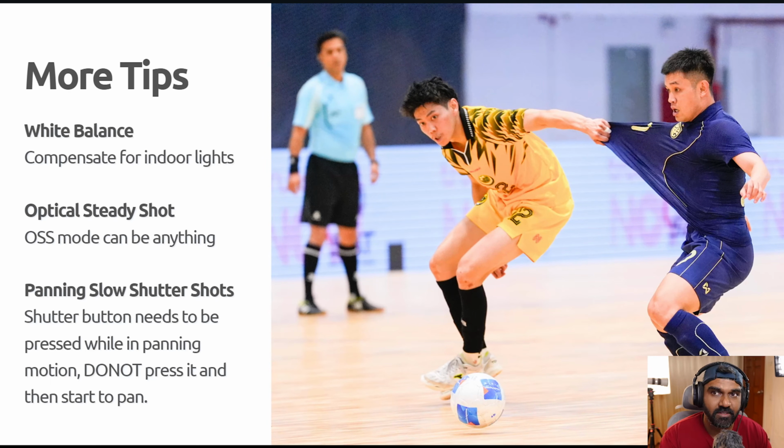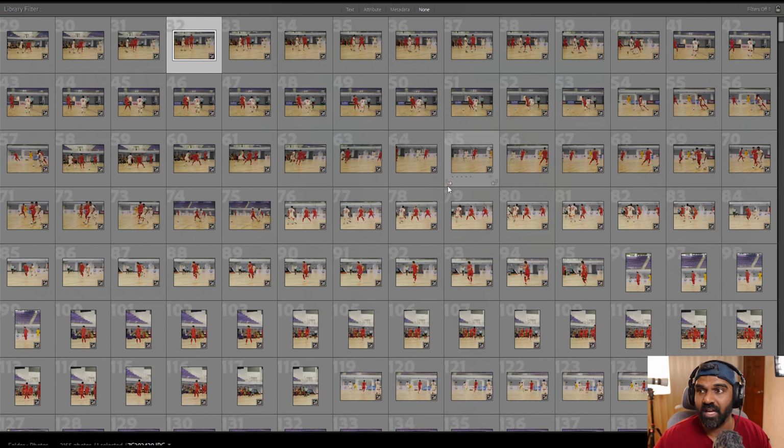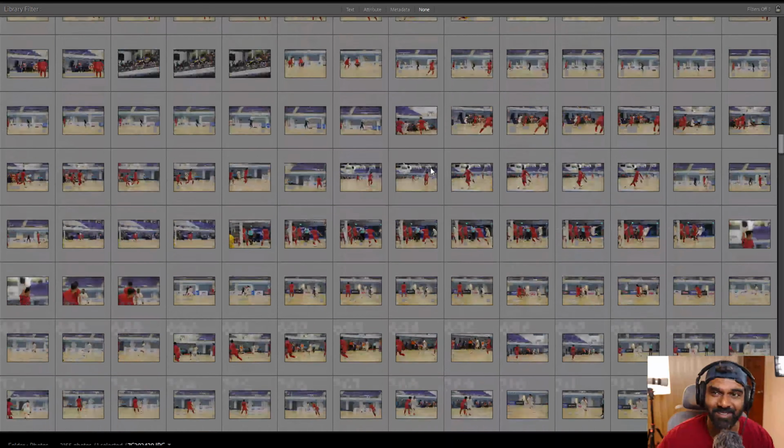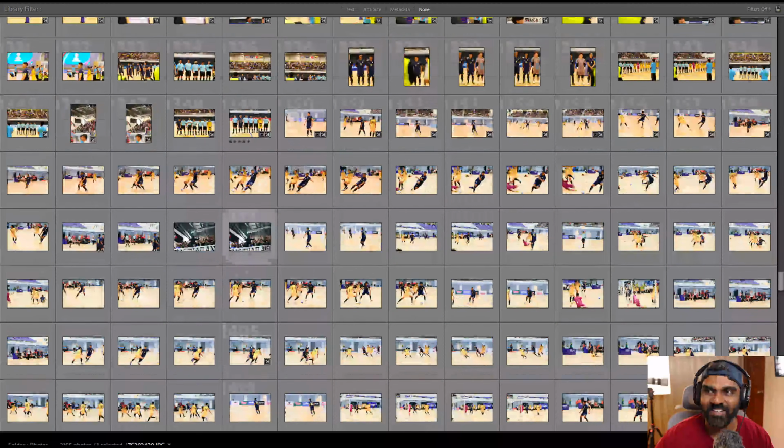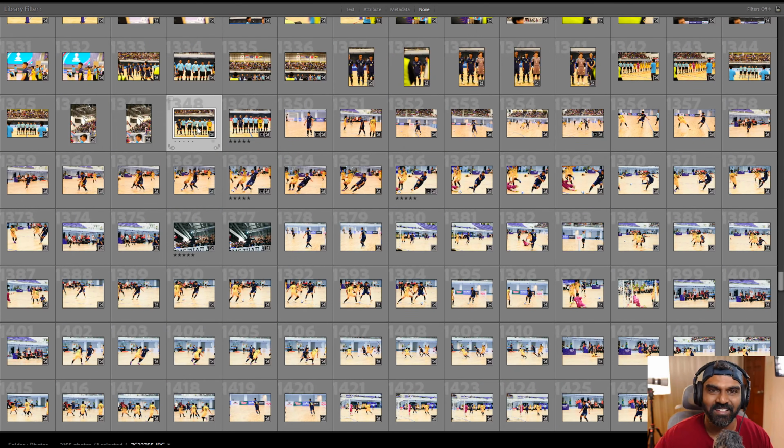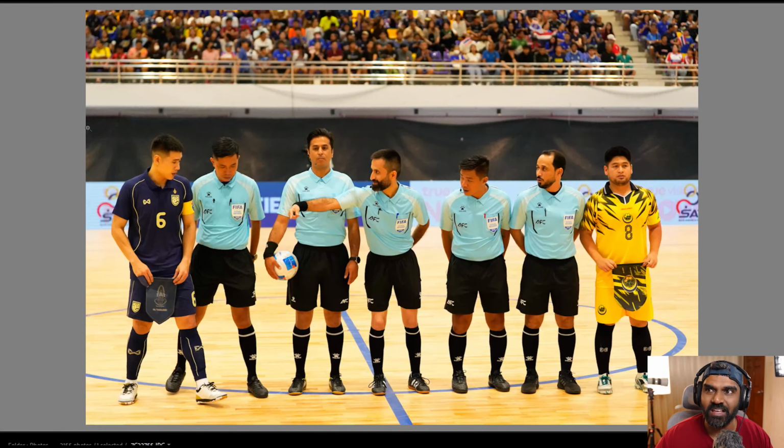So white balance. This white balance is okay-ish. It's not the most desirable white balance, I would say. But I failed to have a proper white balance in the beginning of the game. It would be horrible for me to show you. But anyway, I'm talking about all the mistakes I made throughout the game, so why not, right? So if I open this one, look at how yellow they are. This is the kind of white balance I had initially. It's absolute garbage. Everybody is yellow. The floor is yellow. The players are yellow, and with a lot of green tint.